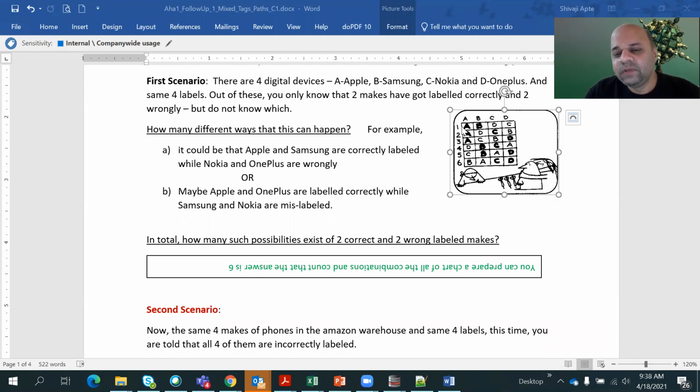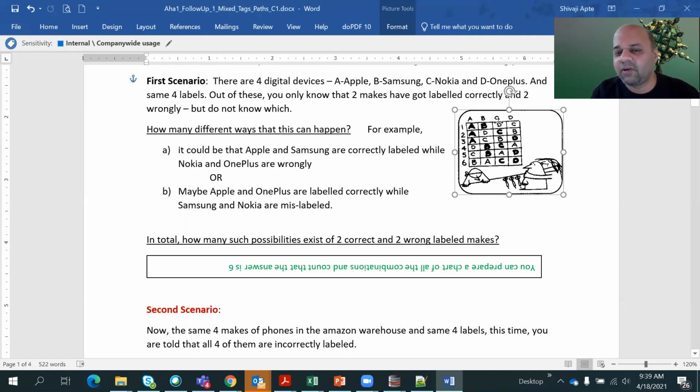Then we go to C. C and B has already been counted, right? Row number 4. And C and A has also already been counted in row number 2. So the only new possibility that remains is where C and D are correct and A and B are wrong, right? So three possibilities where A is correct along with one other thing. Two more new possibilities where B is correct along with C or D, and then the third one is C and D are correct. After that there is no more possibility, right? So we all got it. There are 6 possibilities, and this is the way to calculate it.